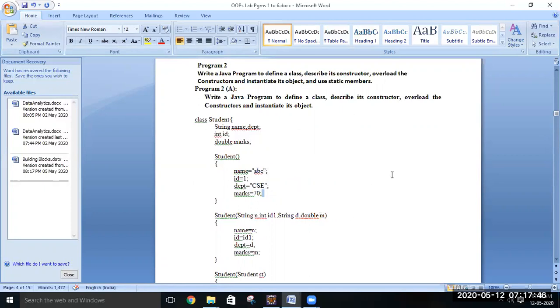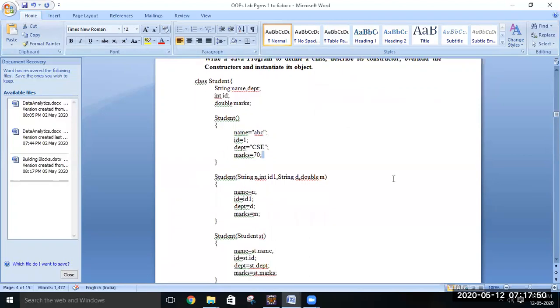Now we are going to see what constructor overloading means. We can have constructors with parameters and without parameters. A constructor without parameters is known as the default constructor. Next is a constructor with parameters, which takes all 4 data members of the class Student and assigns values to them.